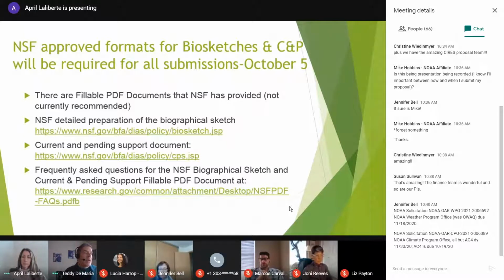And this service allows you to build biosketches and current and pendings in NSF format, also NIH, but we don't have as many researchers that submit to NIH. In NSF format, by pulling data from your ORCID, ORCID being the Open Researcher and Contributor ID.